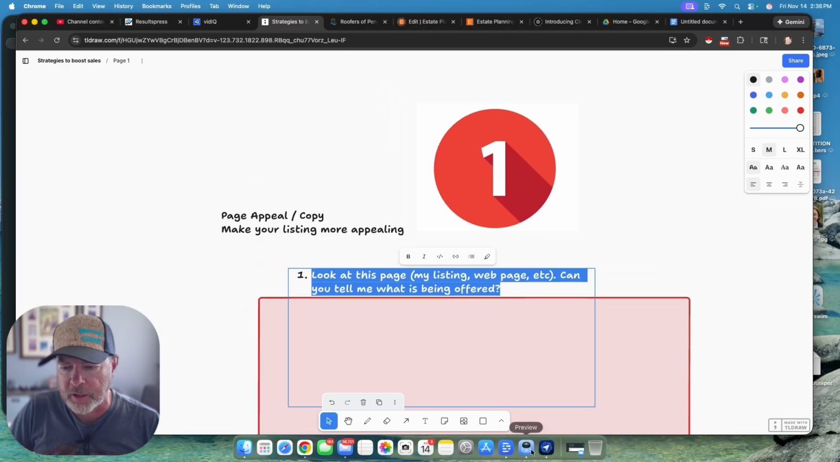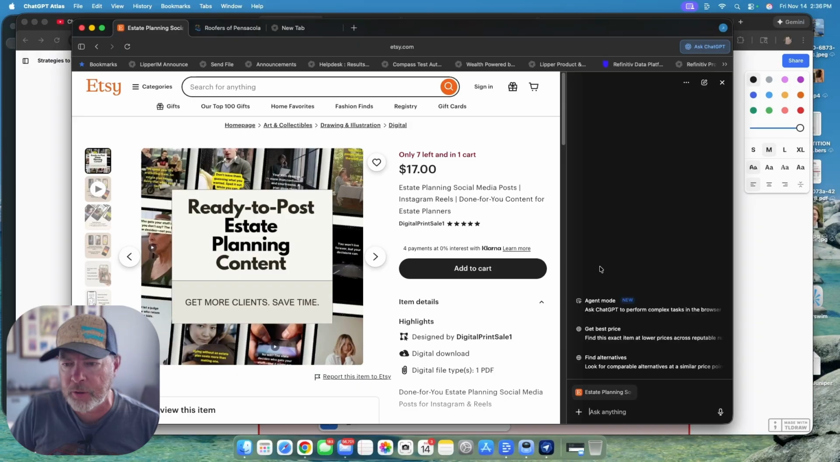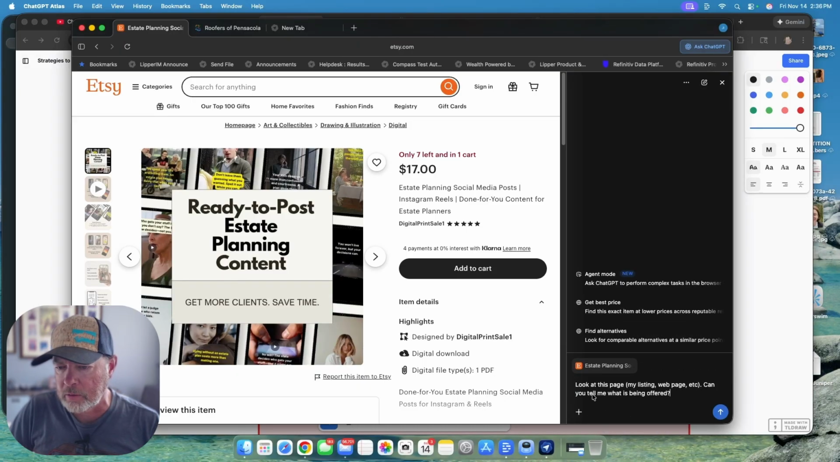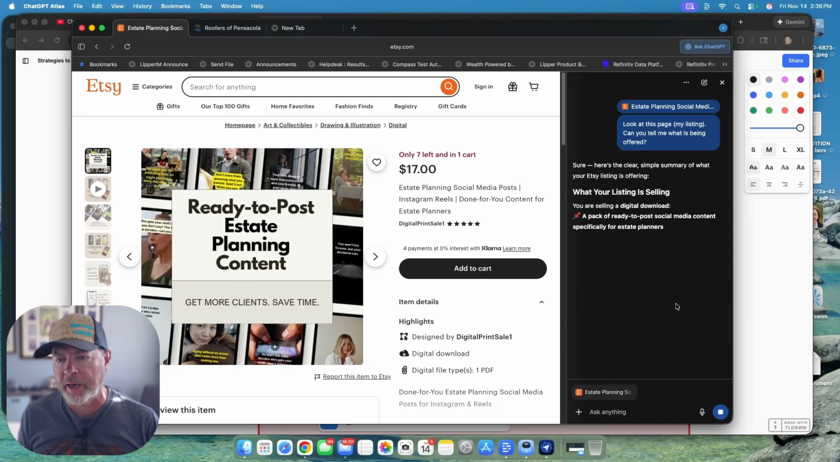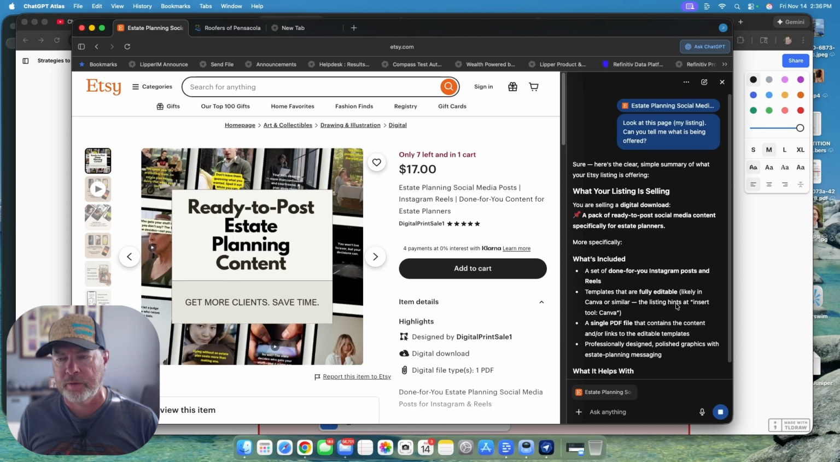Okay, so let's bounce over to Atlas. Boom. I am going to paste that in, our little, look at this page, my listing. All right, can you tell me what's being offered? So now where I was talking earlier about the time savings with Atlas over regular AI is